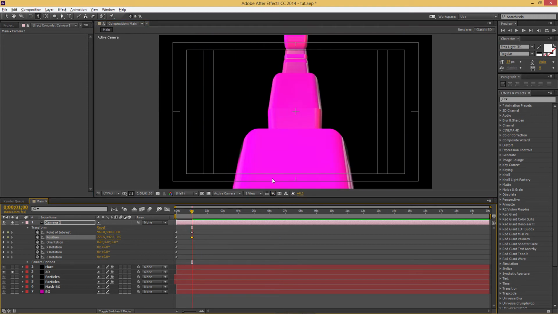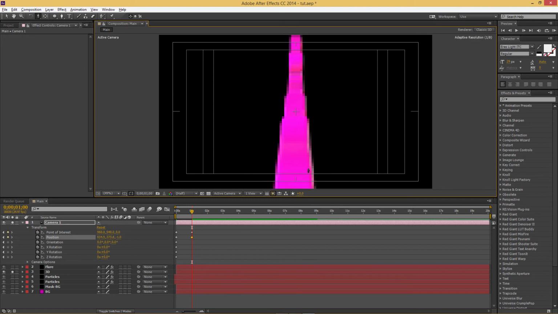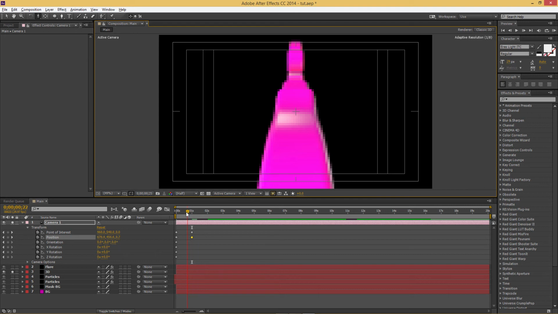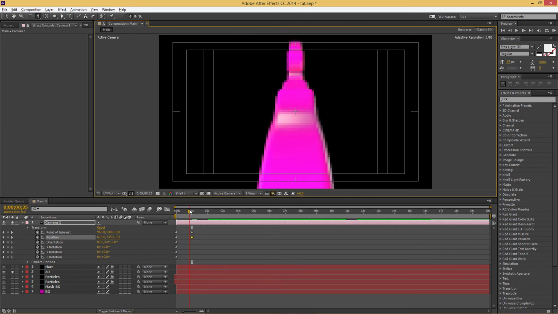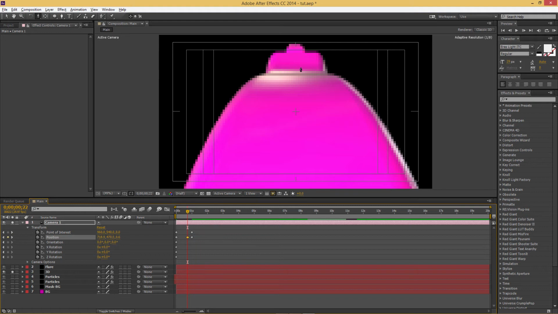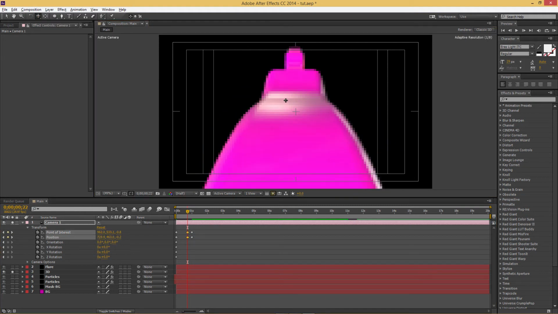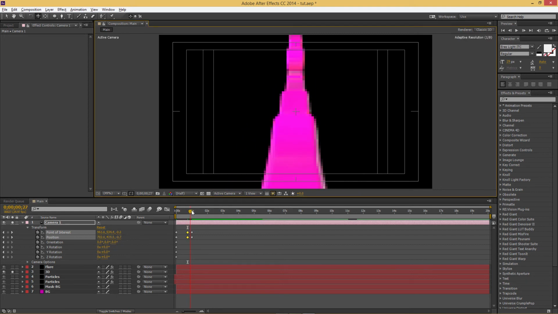Okay, it still goes through layers. We still need to move back. How far am I? Okay, maybe to here will be okay. Yeah, this is good. And let's say about here, I want it to move forward. Now move it up and go forward. Not there,